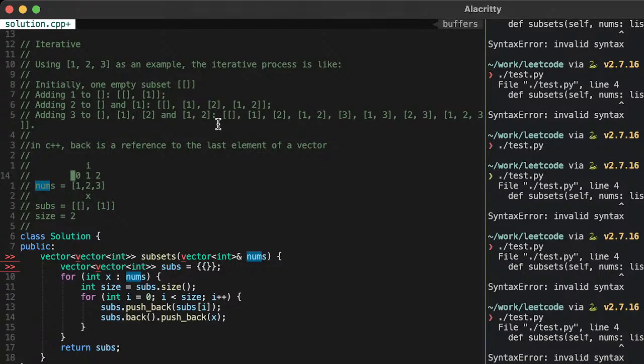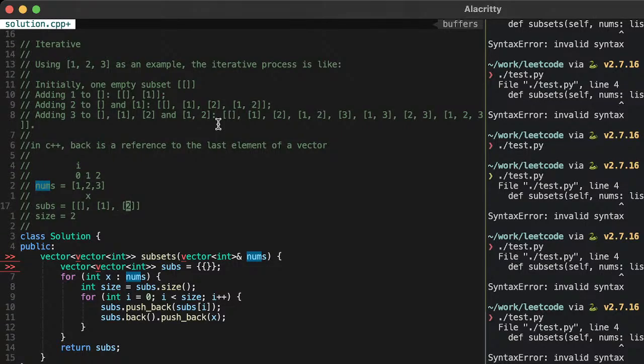And now i starts back at 0. Subs.push_back subs[i]. Wait, subs 0. Oh, okay, empty one. Add an empty one. And now get a reference to the last element, so this guy, and add to the last element x, which is 2.